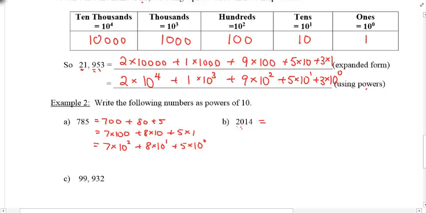Okay? This was interesting. This is 2014, so 2,000. That's 2 times 1,000. Now, do we have any hundreds here? No, it's 0. So do we need to write it down? No, so just leave it. 14, that's 1 ten and 4 ones. There we go. So let's write this as 2 times 10 to the power of 3. No 100, so no 10 to the power of 2. And then